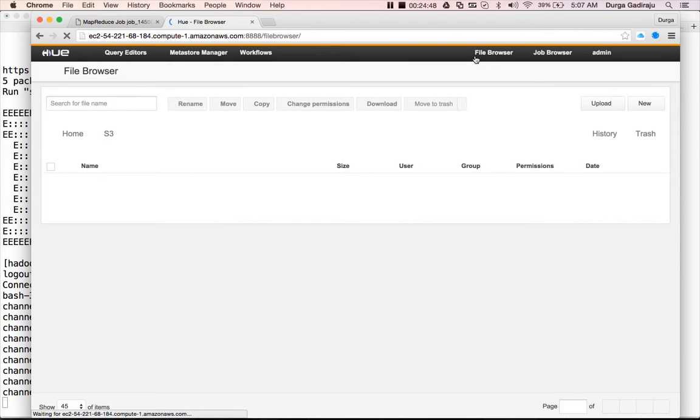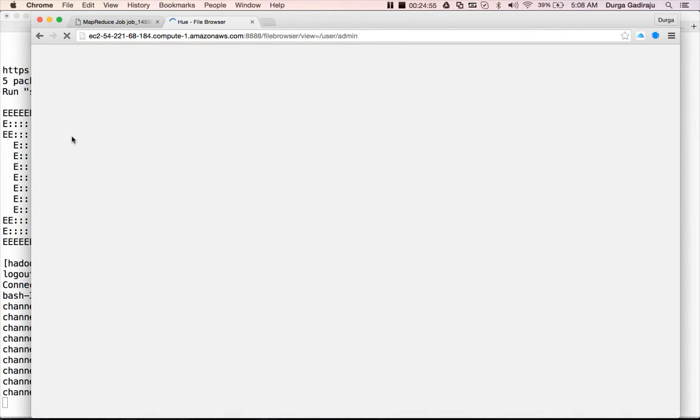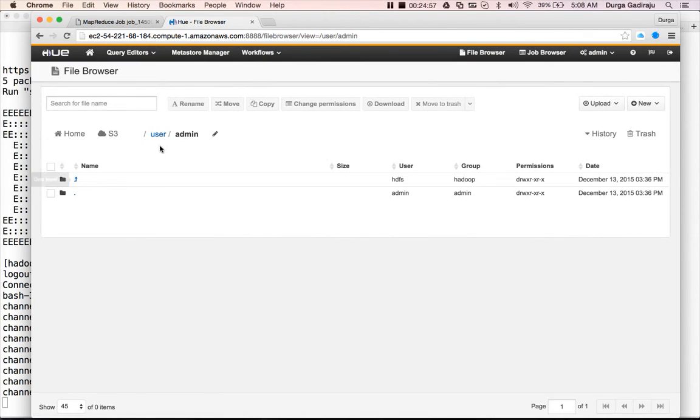Again you have to click on the File Browser. I just have to click on home, I think, to go to the regular window. If you click on S3, it will take you to S3. If you click on home, it will take you to HDFS, and here you can navigate through